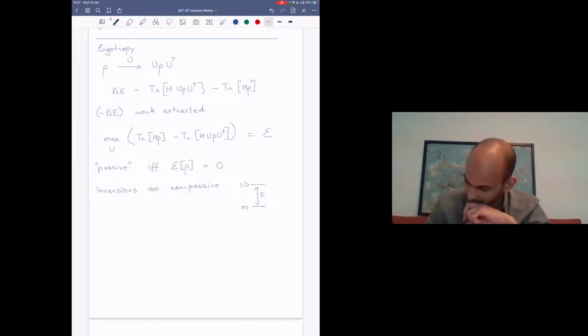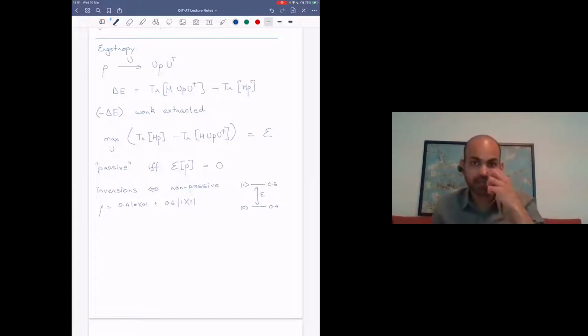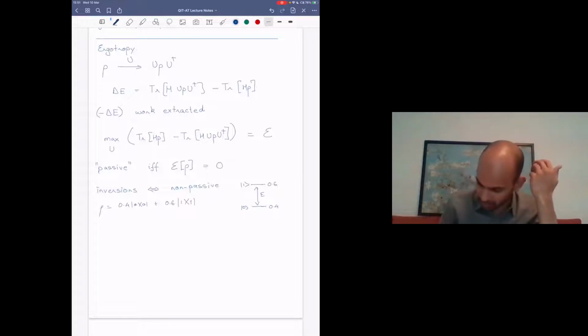And if I have a population in the ground state that is lower than that of the excited state. So imagine that I have a population of 0.4 here and 0.6 here, so that the state is 0.4 |0><0| plus 0.6 |1><1|. Then it's very clear that if I do the unitary that simply swaps these two states, I will extract energy. So if I do the unitary, which is, well, it's essentially the X